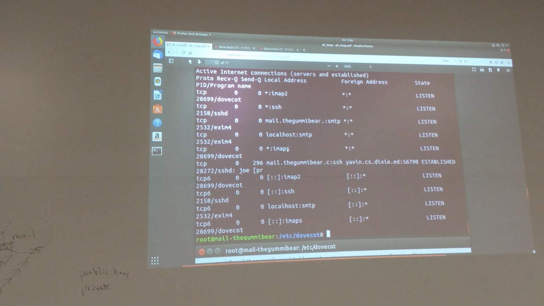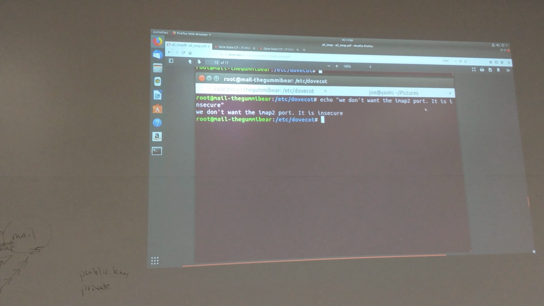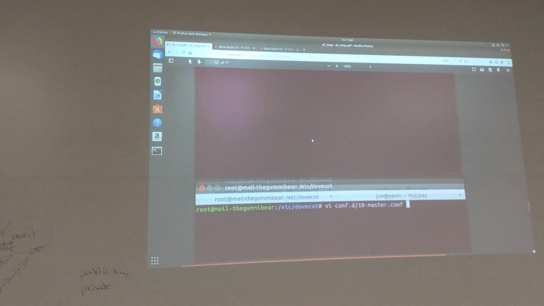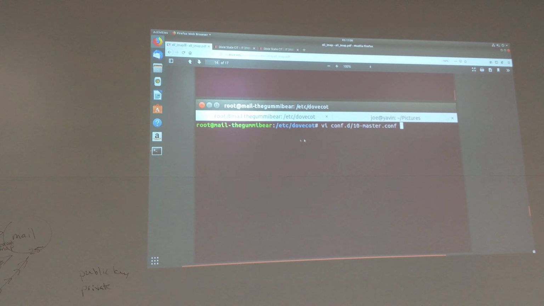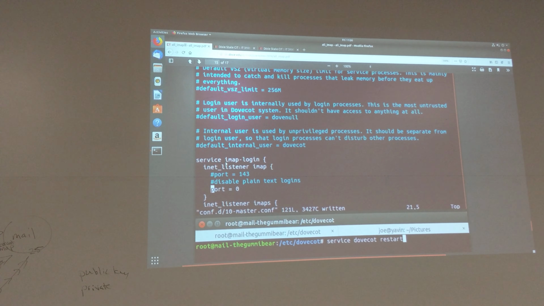So we want the secure port to be running, and I don't want them to be able to connect to me on a non-secure port. We don't want the IMAP 2 port, it's insecure. So I went back into this configuration file, and I commented out this section where it talks about what port it's listening on. Now I think port 143 is the default plain text, unencrypted port,